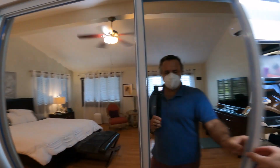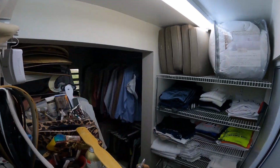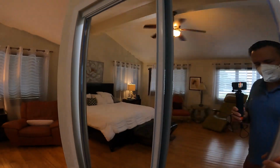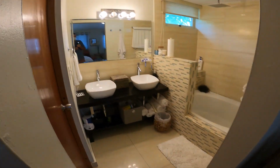This side is actually connected to there. That's the walk-through area. And this is just a little normal size closet. And that reminds me, I'm gonna take you back to the kitchen after this to show you a closet in the kitchen. So here's the master bath, double sinks,